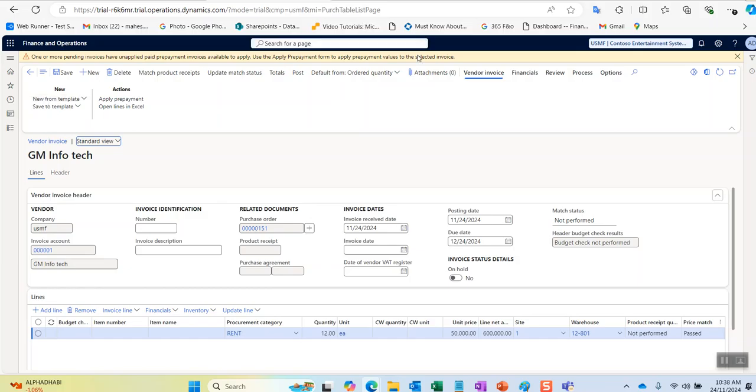under invoice, on top, under vendor invoice, we can see under action, apply prepayment. So we will click on this apply prepayment, in the sense the advance which we have issued against this particular vendor. So against this particular purchase order, we are able to view it under apply prepayment. So if I click on this apply prepayment,